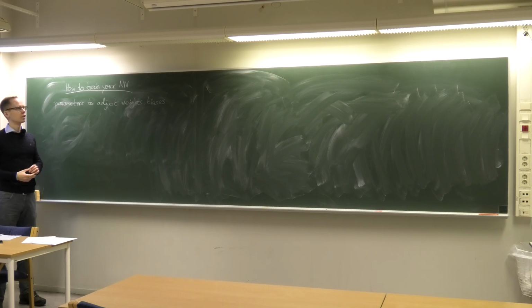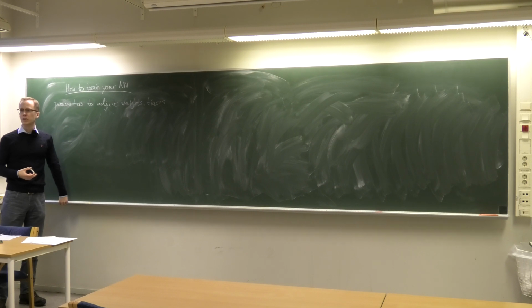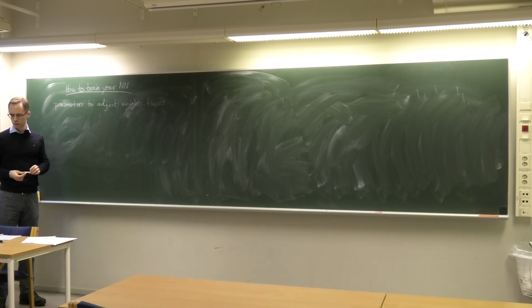So you have this set of training data. Now, how do you adjust the weights and biases to get the output from the network that matches the labels when you're training